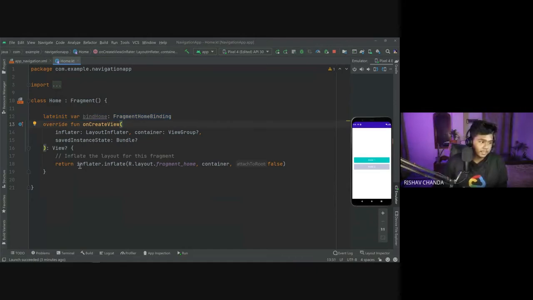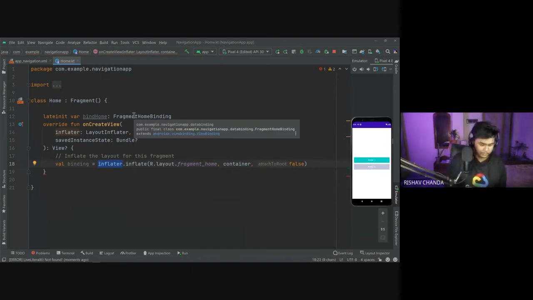So the next thing that I would do is I would remove this return statement, and I would store this whole view inside a variable. For storing it in a variable, I would define a val, meaning a variable, and I would name it binding. I would give it an equal to sign. Now to implement the fragment, instead of inflater, we have to write this fragment home binding here.